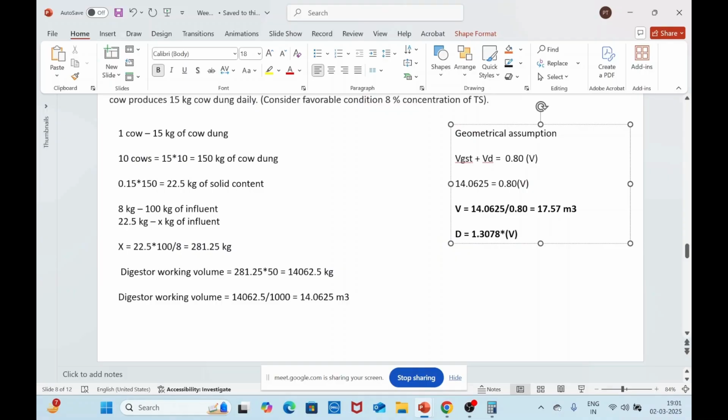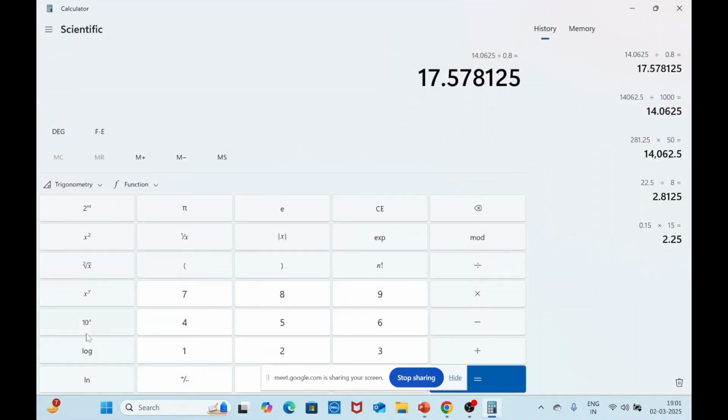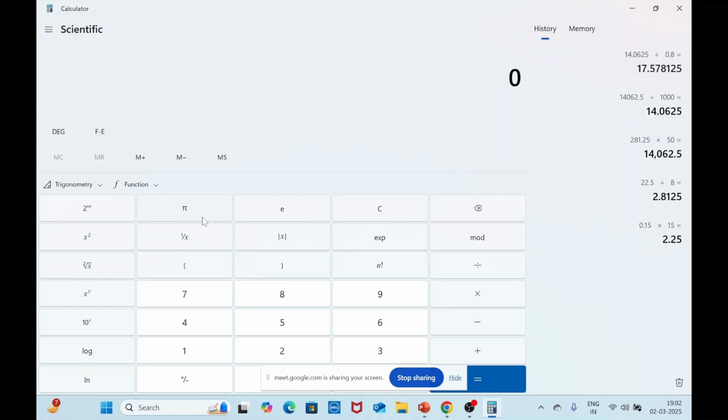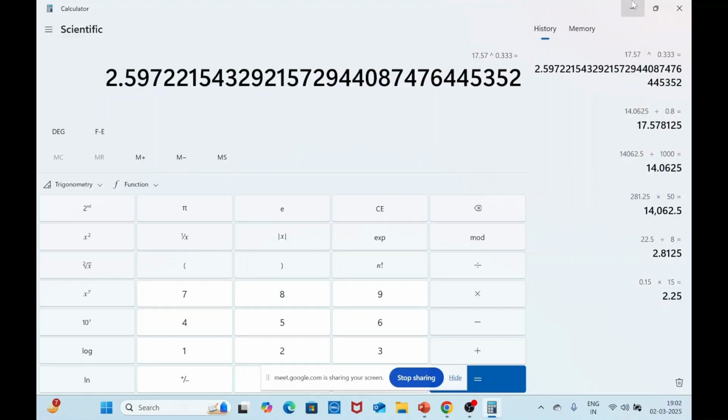So D is nothing but 1.3078 times V power 1 by 3. So D will be around 2.59